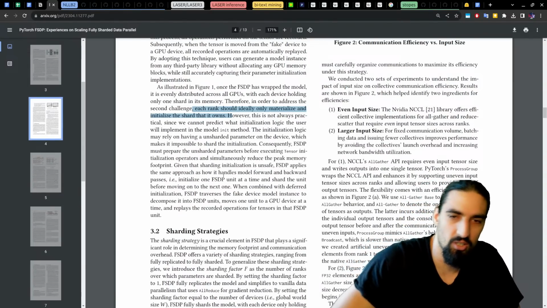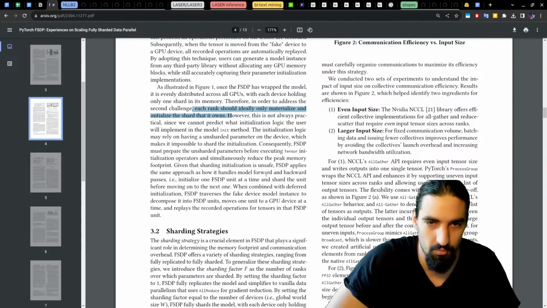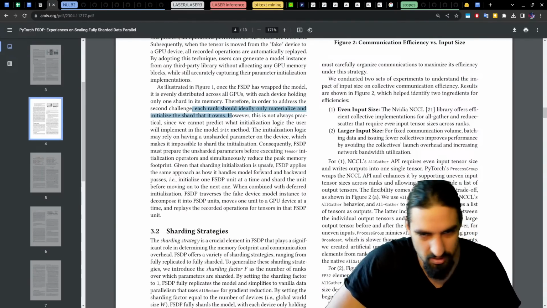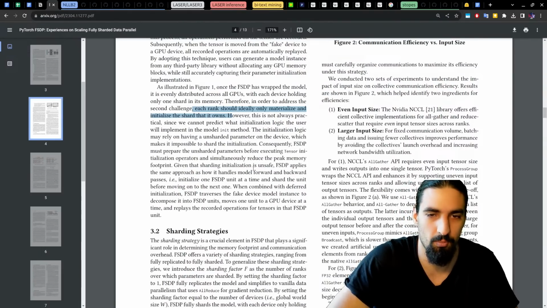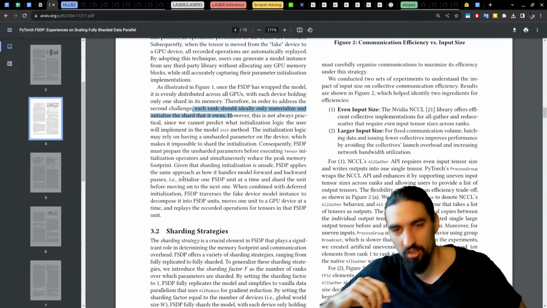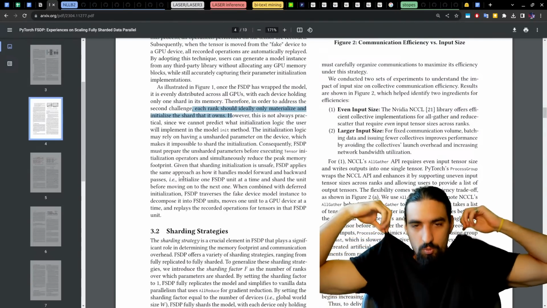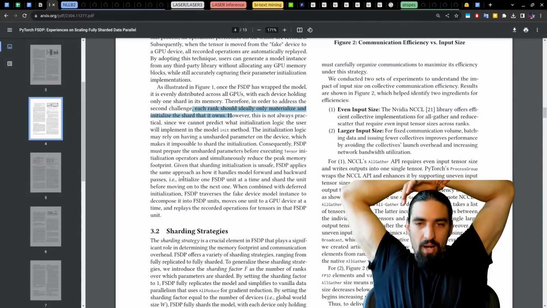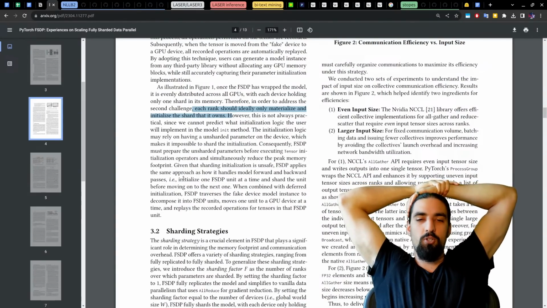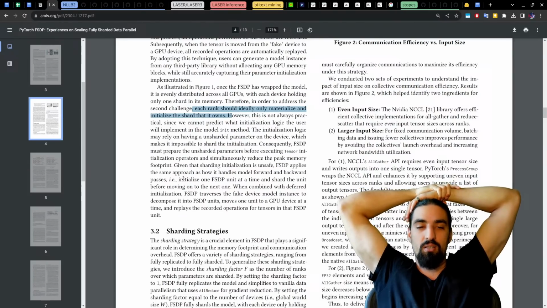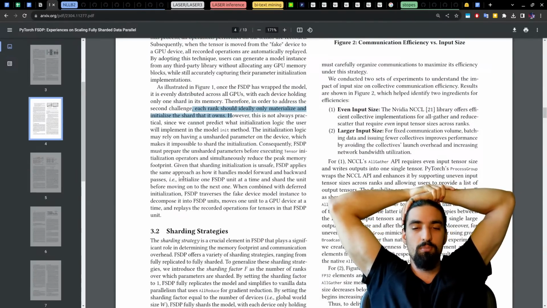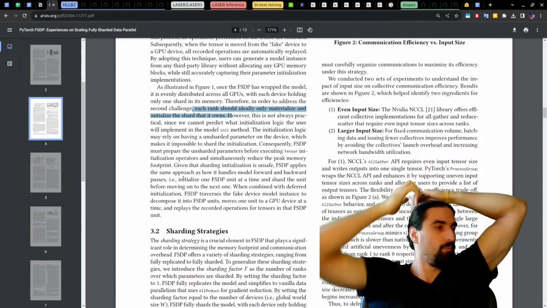Given the sharding initialization is unsafe, FSDP applies the same approach as how it handles model forward and backward passes, i.e. initialize one FSDP unit at a time and shard the unit before moving on to the next one. When combined with deferred initialization, FSDP traverses the fake device model instance to decompose it into FSDP units, moves one unit to a GPU device at a time, and replays the recorded operations for tensors in that FSDP unit.